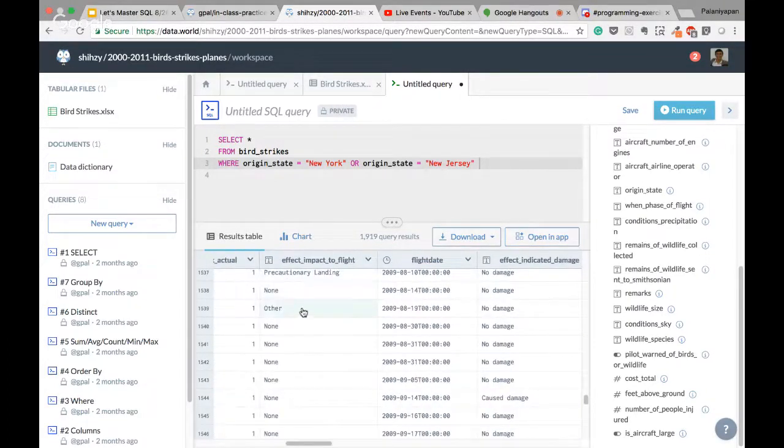Impact of the flight. Let's say you want to get the results where the size of the wildlife that struck the plane was large and the impact to the flight was a precautionary landing. So how would we do that? It's pretty intuitive. You would key in the columns of interest. In this case, it's wildlife